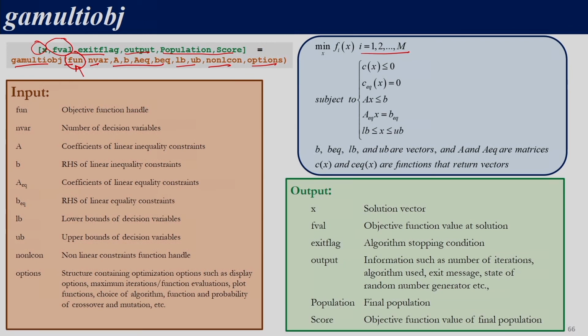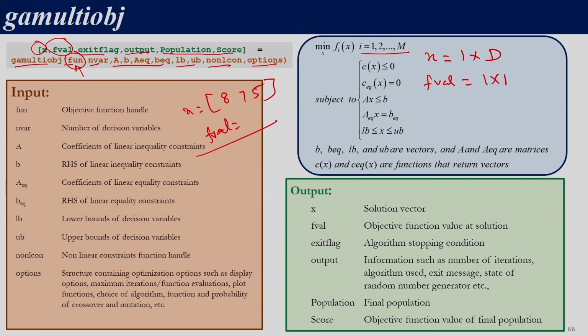With respect to output, in single objective optimization, x which is returned by the algorithm would be a 1 cross D vector, and fval which is returned by the optimization algorithm would be a 1 cross 1 value. So, if we have a 3 variable problem, we will get, let us say, x is equal to 8 7 5, and the fitness function value corresponding to this solution would be in fval. So, that is what we will get in terms of output in case of a single objective optimization.